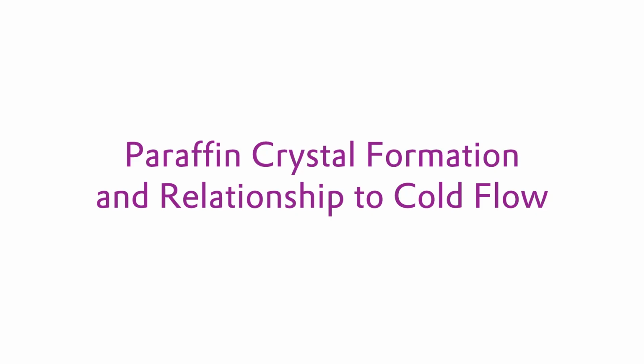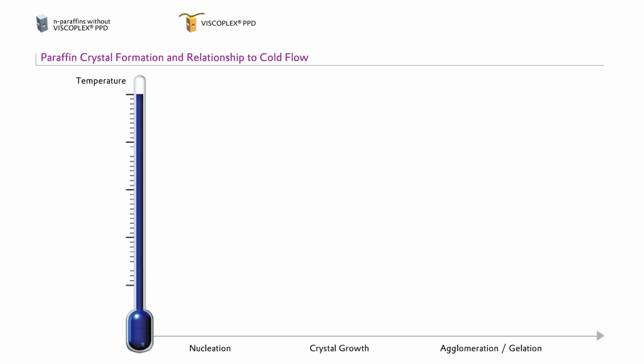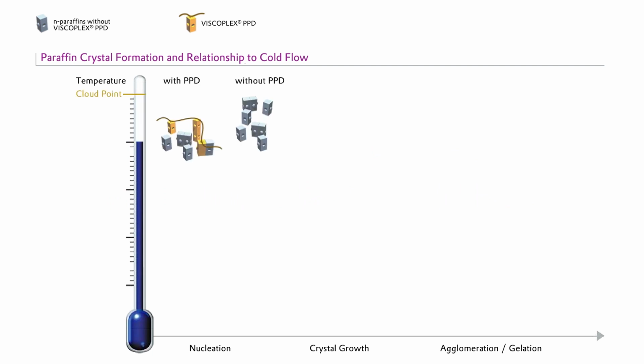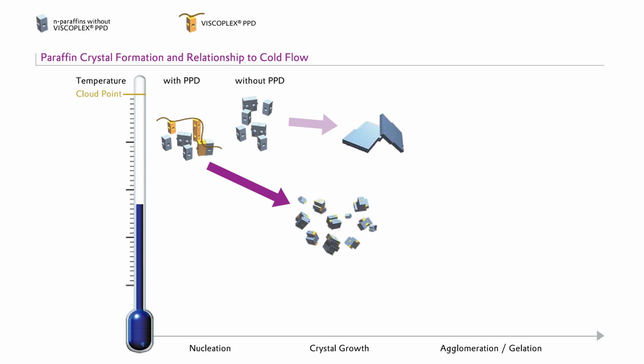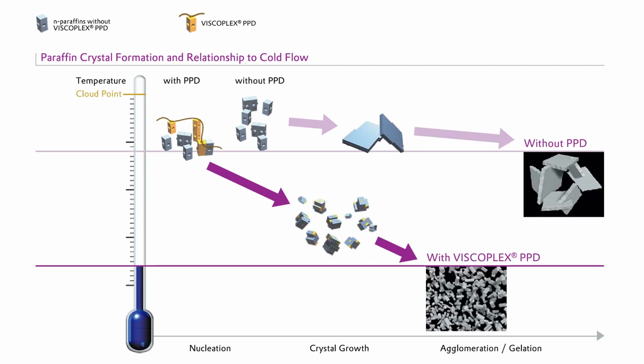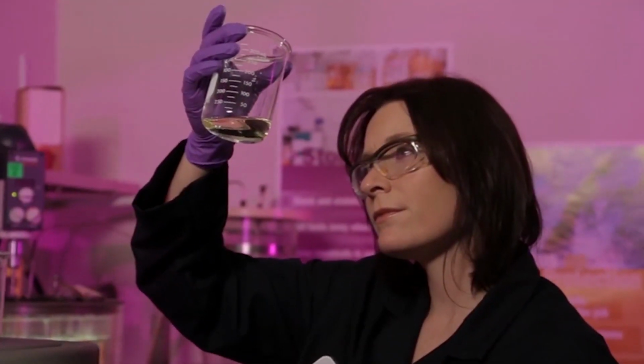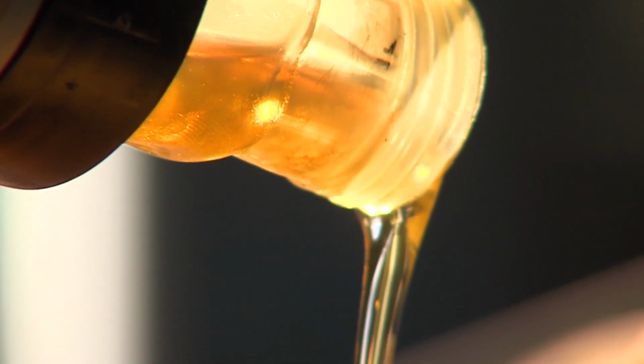Let's summarize. As temperature drops to a level below the cloud point, the PPD in the treated oil will co-crystallize with the wax molecules. This prevents formation of needle or plate-like crystals. The nucleation of the combined PPD wax crystal structure leads to the formation of smaller and more random wax crystal structures. The result? No aggregation of a gel-like wax network, and oil continues to flow and to pump without yield stress. Careful selection of the proper PPD and optimal dosage are the key factors in achieving the desired cold temperature